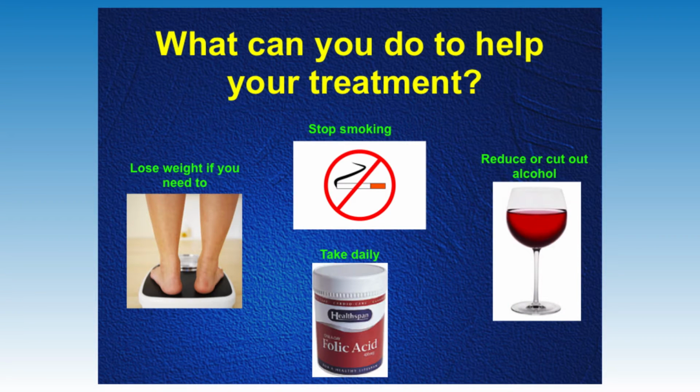So what do you need to do to prepare for the IVF treatment? First of all, if you do smoke, please stop smoking, reduce your alcohol consumption, and for the female partners, please carry on or start, if you haven't already, taking folic acid supplementation. With regard to weight, if you think that you need to lose a few pounds, then this is probably the right time to do that, and we will also guide you through that process when we meet in the first